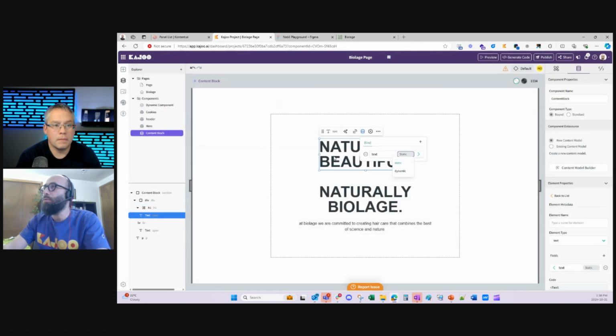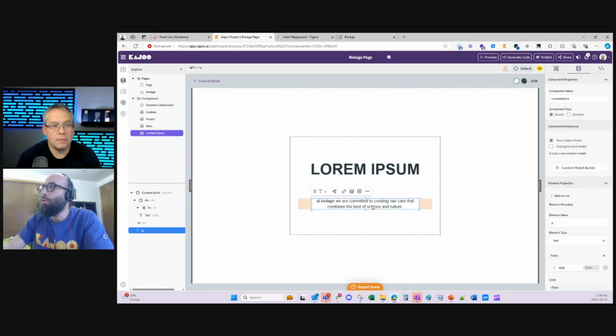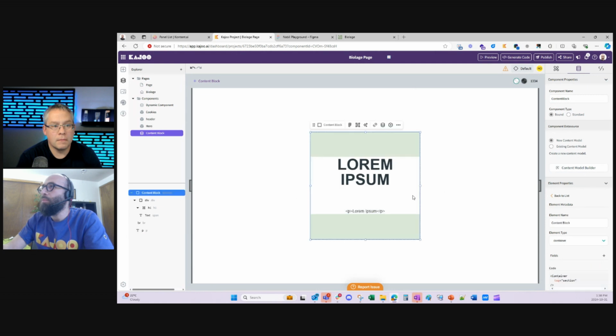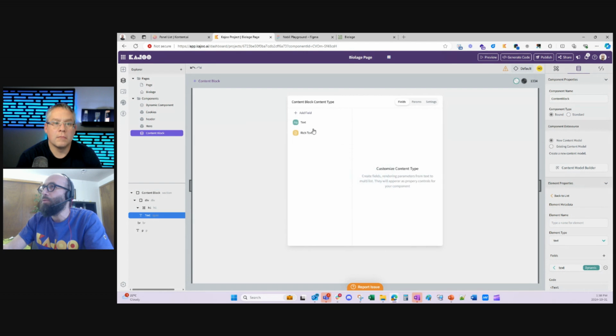This field is static right now. I can make it dynamic and say, okay, bind it with this text. And then similarly, actually this one I think should be merged with this, so I'm just going to get rid of it. And this is rich text. Bind it with the rich text, and I have my rich text here. So this is a very simple component. It doesn't have much, but I have now bound these two simple elements with the content types.